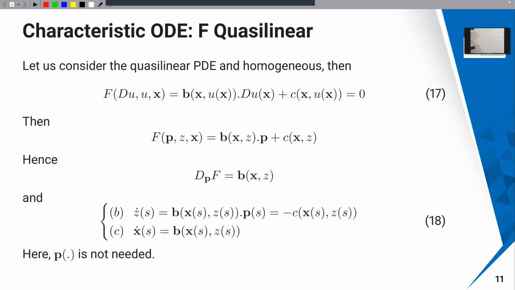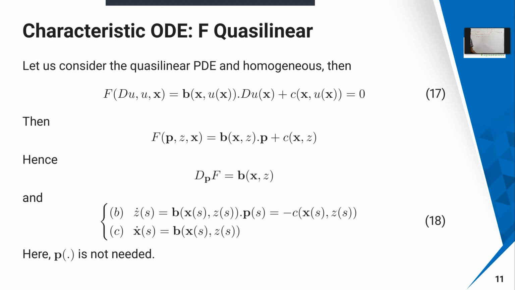Once again, you can write it in this way. The quasi-linear PDE you are going to write as p of x, comma, u of x. In case of linear PDE, this b is a function of x only. In case of quasi-linear PDE, it is going to be a function of x and u, u of x is also there, into d of x. And c is also going to be c of x comma u of x. This is the first order quasi-linear PDE.